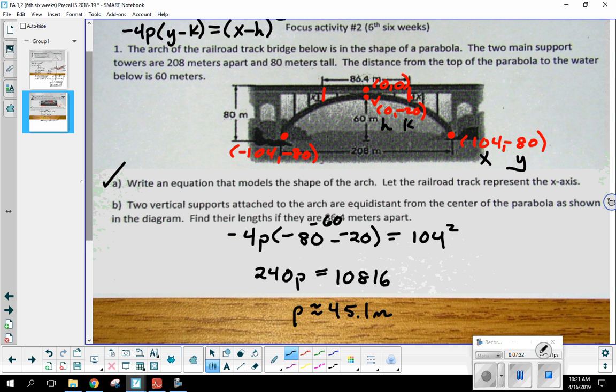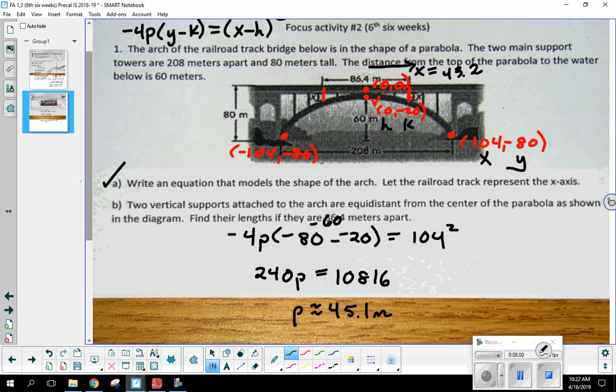Okay, they're 86.4 meters apart, and we know that all parabolas are, what's the S word I'm looking for? Symmetrical. Okay, so how far horizontally, if I'm thinking about this as a coordinate, would I have to move in order to get to that beam, that support that I'm wanting to find the length of? Okay, half of 86.4 would be